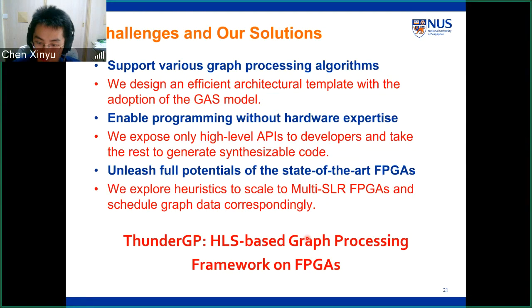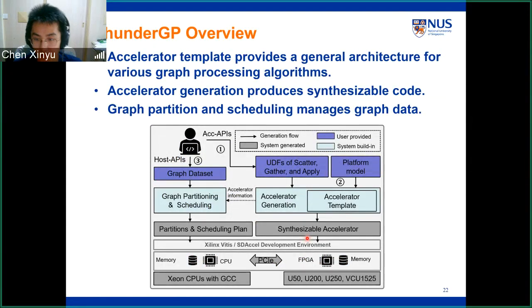In the next part, I will first give an overview of ThunderGP. Basically, it has three core components. The first one is the accelerator template. Basically, it provides a general architecture for different graph processing algorithms. And also, it has accelerator generation. Basically, it generates the synthesizable code with the input from users as well as the accelerator template. And lastly, on the host side, ThunderGP has a graph partitioning and scheduling method that can pre-process the graph data and schedule them to coordinate with the